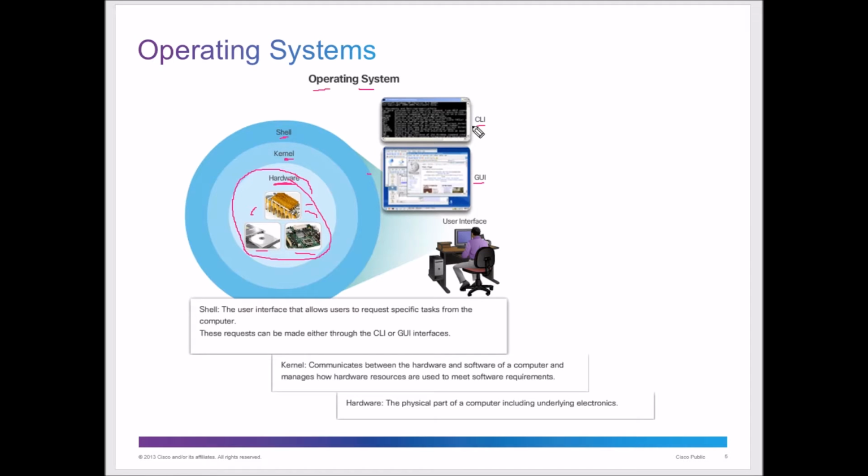So that's what you'll hear if you hear the word CLI. That's the command line interface. That's where we just type commands into a window. We don't see any type of icons or anything like that. And the GUI is our graphical user interface, and that's where we have icons. We can click on things. We can have drop-down boxes, things like that. The GUI is much easier to work with. But for the Cisco course, most of everything that you do with the Cisco devices is through the CLI, the command line interface.